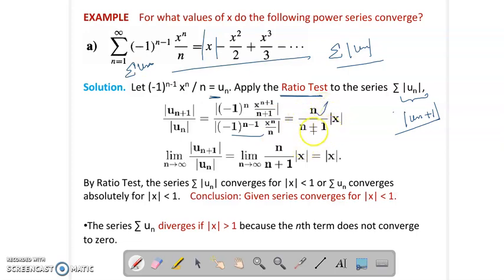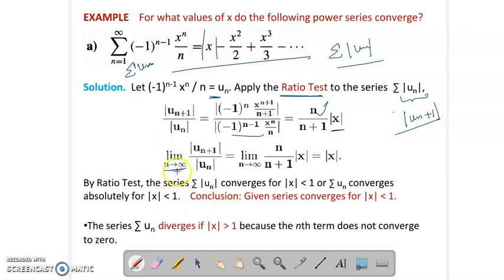We have removed the modulus because n is varying from 1 to infinity, so mod would not make any sense. And here you will have x, and you have mod of x here because x can take any value, right? We are actually looking for which values of x the series is going to converge. So this is mod of x. Now you take the limit n tending to infinity.